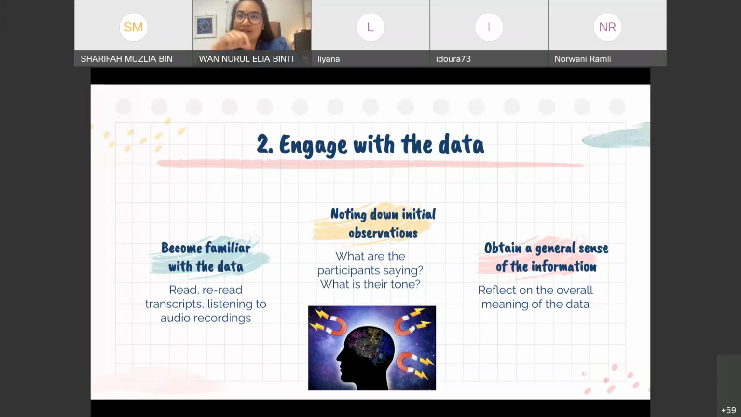So you might want to write down frustration, expressing frustration. Maybe there's some sound of excitement. So maybe you want to note that down in your initial observation. So write all those things down because you don't know when it comes in handy. All right. And then you will have a general sense of the information when you reflect on the overall meaning